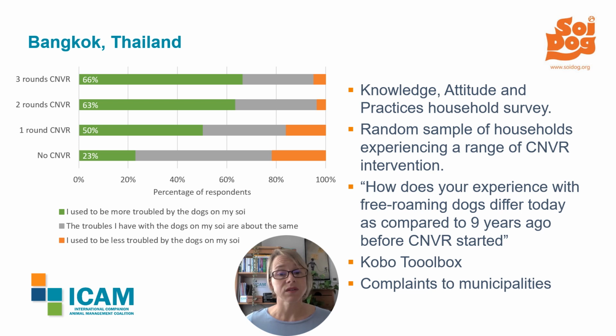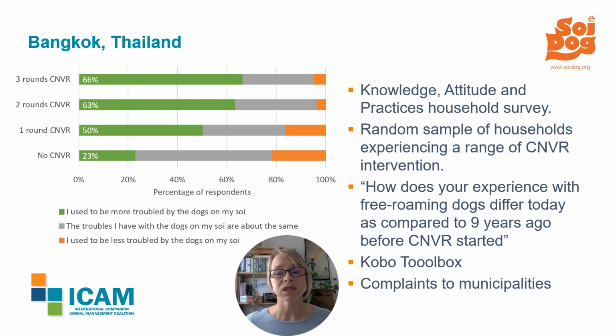One alternative to household questionnaires is to try to access data on complaints about dogs or cats to municipalities. One challenge is that this data is not always recorded or accessible, and if it is, they may not be recording it to the level of detail that you need. For example, some complaints are about nuisance or dog bites, but others may be concern for animal welfare or requests for CNVR action. So these are clearly measuring importantly different perceptions of free-roaming animals.